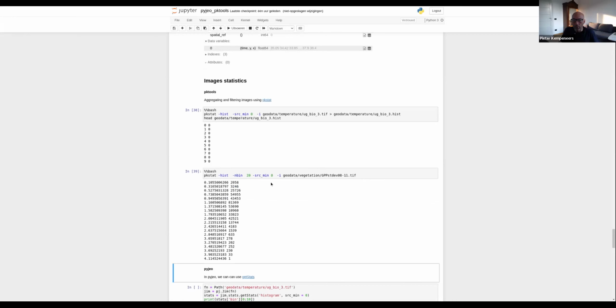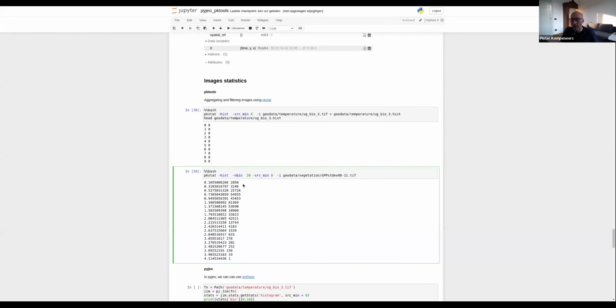However, we saw here that the minimum is 0, but it's not really very informative because it's all zeros. But if we look at this image here and we concentrate between 0 and 20, then